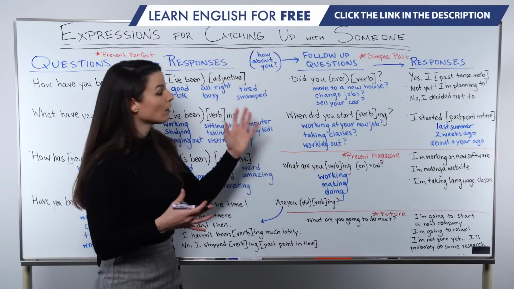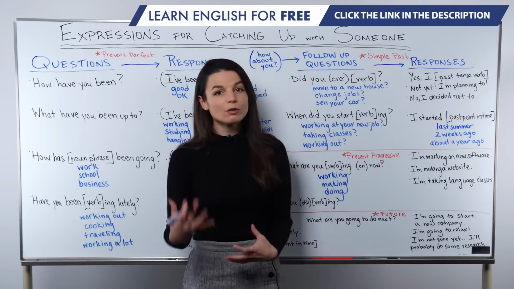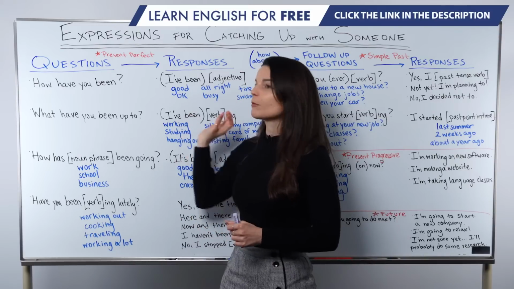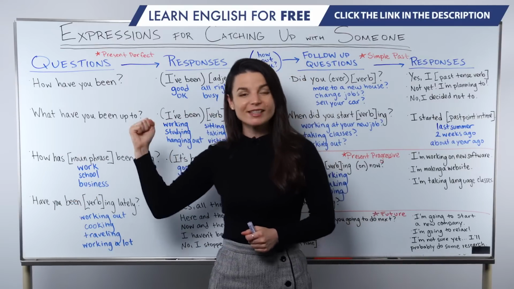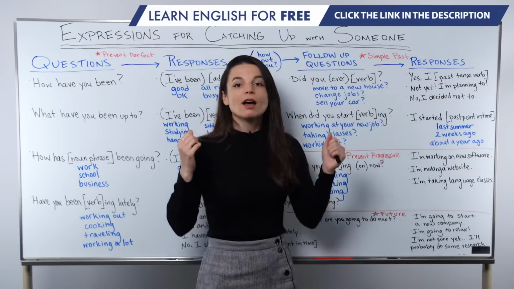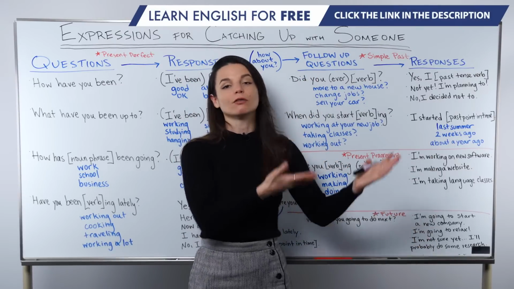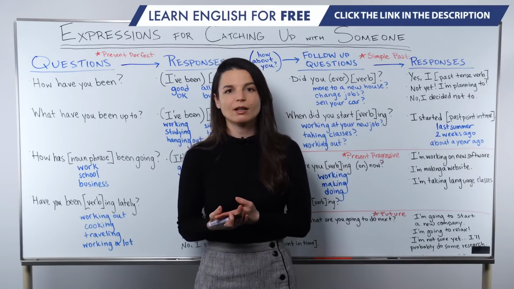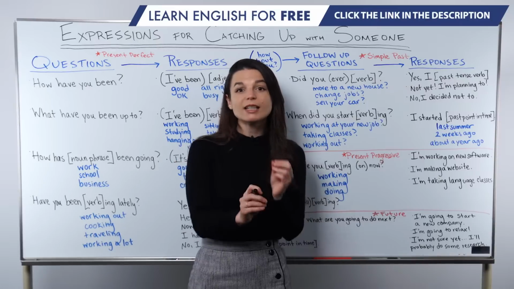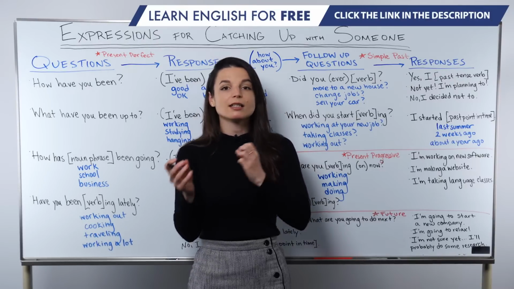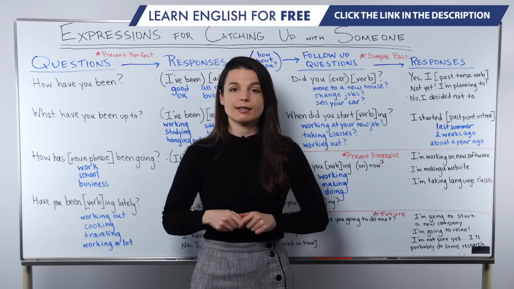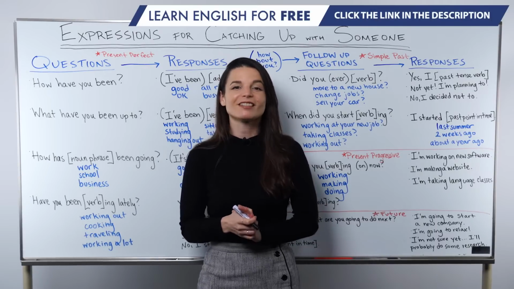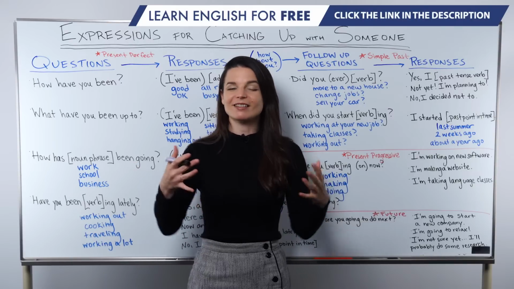Okay, great. So we've covered a lot of different grammar points, but we use all of these together to catch up with someone. So as I said, we typically start from the past, we catch up on the things we missed, and then we talk about what's happening now, and then we talk about what they're going to do in the future. So I hope that this lesson helps you to see how these different grammar points work together and helps you to understand some of the small key differences in the questions and in the responses that we looked at in this lesson. I hope that you can use this in your catch-up conversations with your friends, your family members, your classmates, and so on.